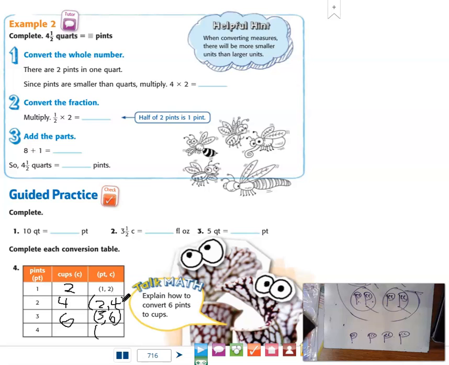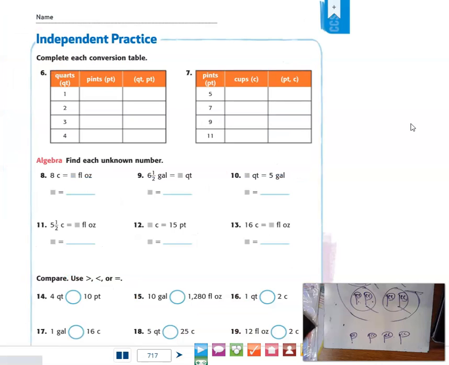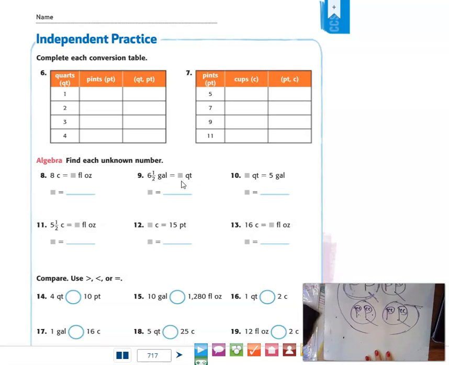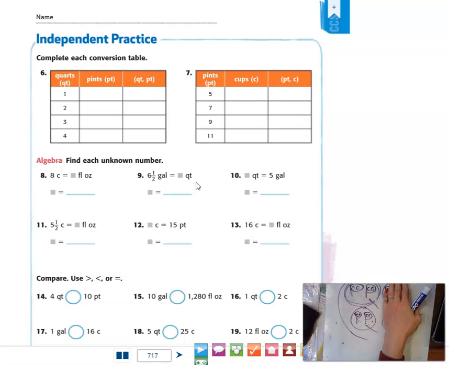And that's how you get through this page and your independent practice on page 717. Just keep drawing those pictures. You've got space underneath to fit the pictures in. Okay, I do want to show you, again, remember if you have a half, you're going to cut that. If I'm looking at gallons to quarts, I have 4 quarts in 1 gallon. So if I cut that in half, I'm going to have 2 quarts is what's the half gallon,